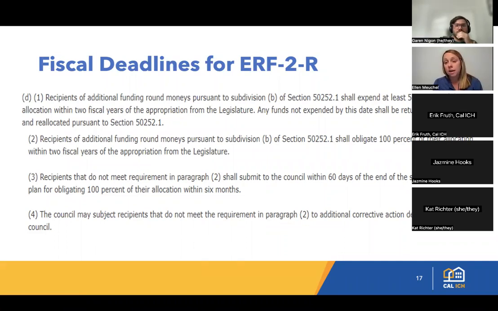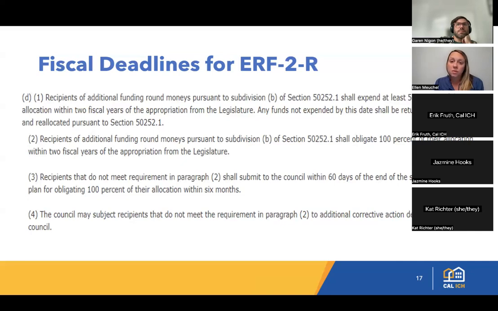2024. Should a grantee not meet that deadline, Cal ICH will ask the grantee to submit an alternative disbursement plan, which is simply a document explaining more about how you plan to expend funds, and requires some additional checks from Cal ICH. It would be required to then obligate the remaining funds that were not obligated within 6 months of that June 30th deadline. So by the end of 2024. There is a 100% expenditure deadline the following year. So there are 2 expenditure deadlines written into this grant, but these are the ones we want to focus on now because they are so fast approaching.